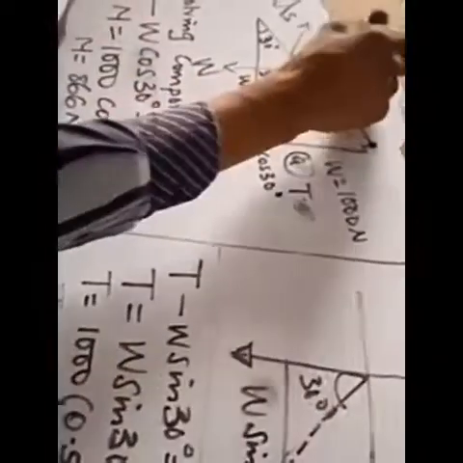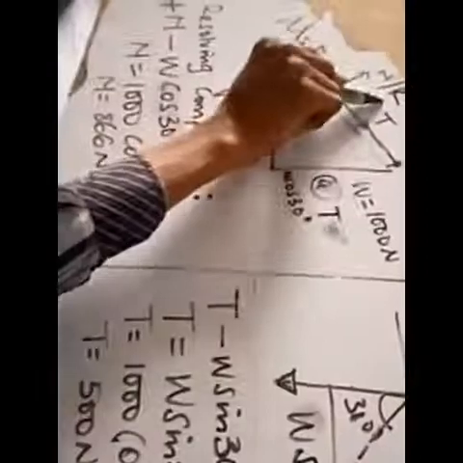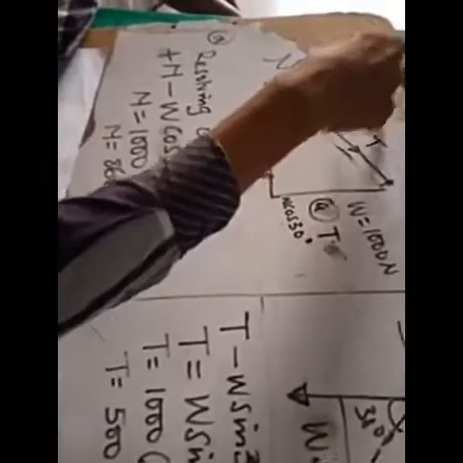So we're going to resolve the components to find the tension for the first question. In any of these questions, the first thing you do is resolve the components. This is my block, and the normal reaction you call R. If I resolve the components for my y-axis, the weight is acting downward, negative. Looking at this junction here, this point P,